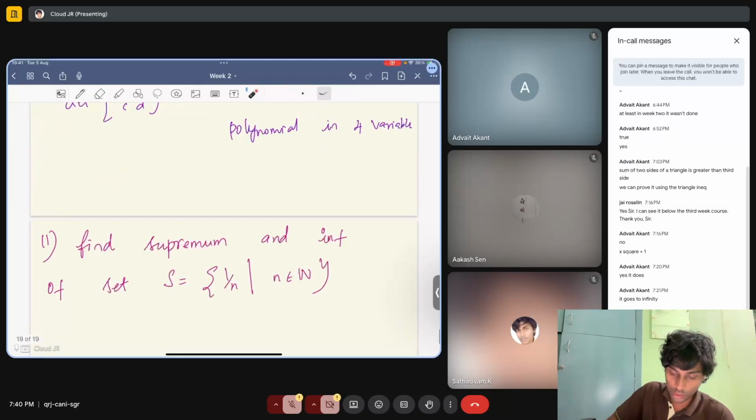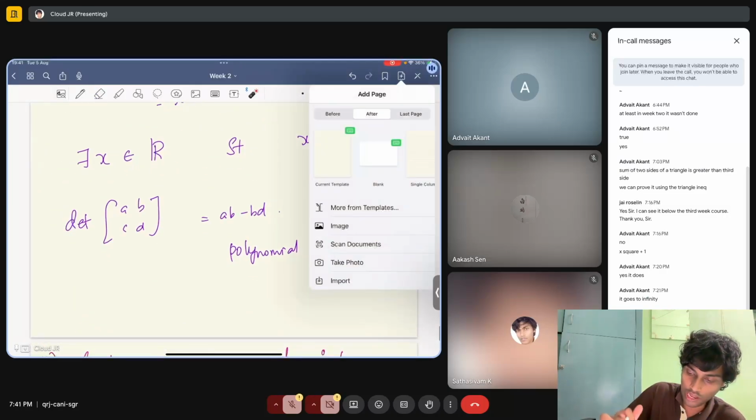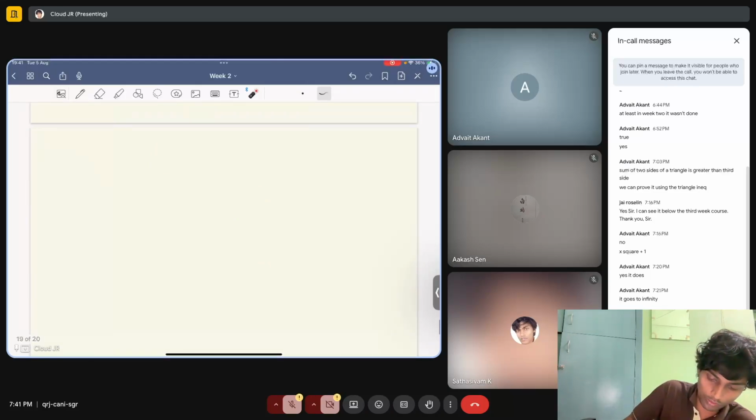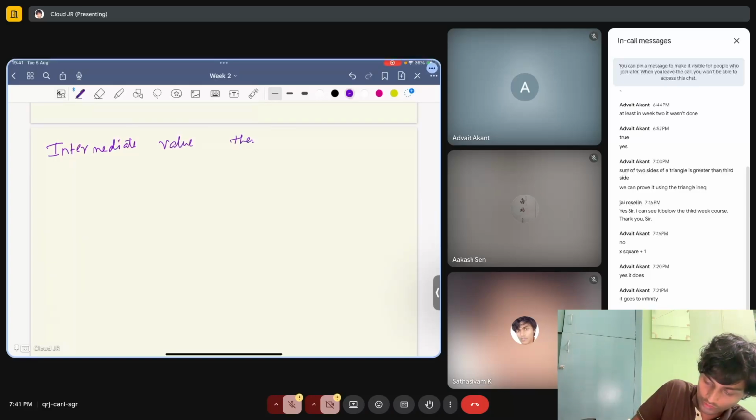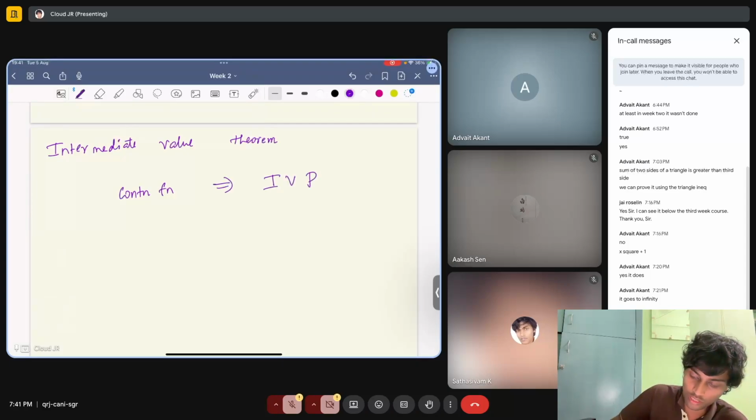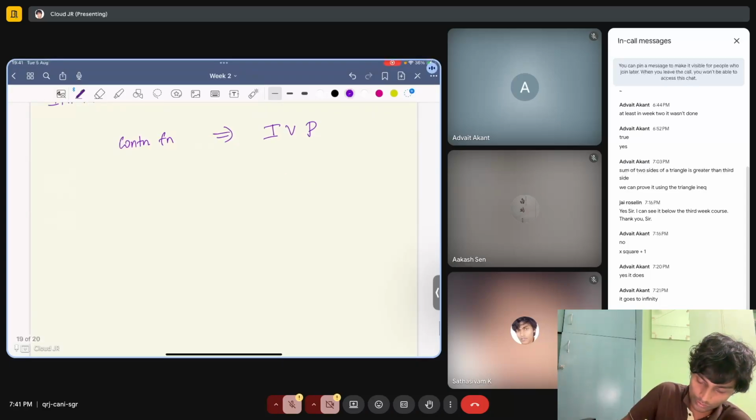I think this is my last problem, but before that I will add one more thing, which I don't know how many of you have seen. What the intermediate value theorem says: there is some hypothesis, and with that hypothesis, if you have a continuous function, then it satisfies the intermediate value property. So what is the intermediate value property? It is basically telling